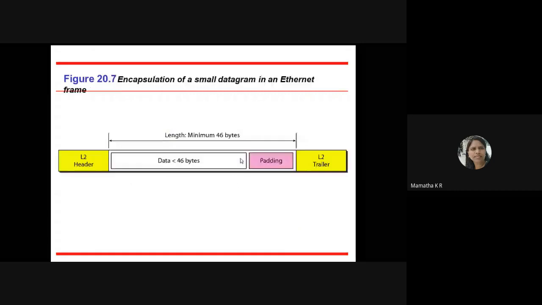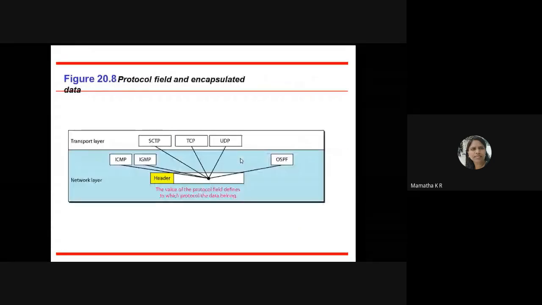It's clear now? Okay. And coming to the protocol field, I told you the protocol field is mainly going to indicate these three protocols: TCP or UDP of the transport layer. Along with that, we also have some protocols which are there in the network layer, for example ICMP or IGMP or OSPF, which is a new protocol which was just added. So this field defines which protocol the data belongs to.